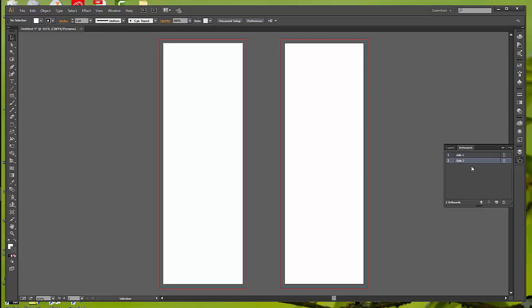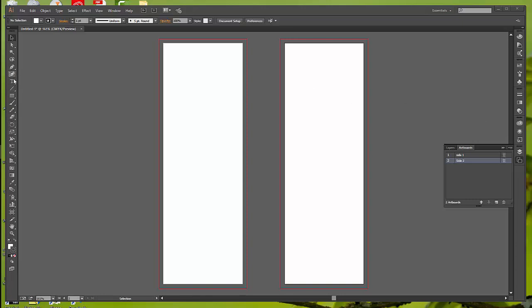Now, I said that on side 2, you have to have some text. So I didn't know what I wanted to put in. I just went on the internet and I started looking for quotes. And I thought, well, this is a bookmark. Maybe I'll find something that says something about reading. So I did. I found something that I thought I liked, and so I'm just simply going to capture what that text was, and I'm going to copy it,